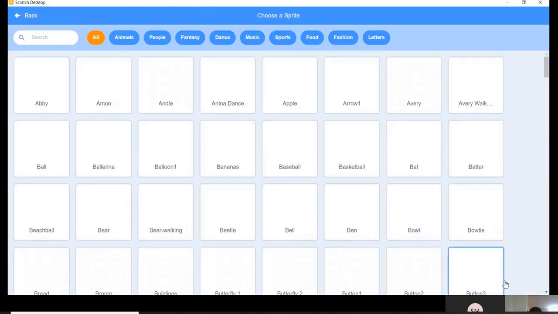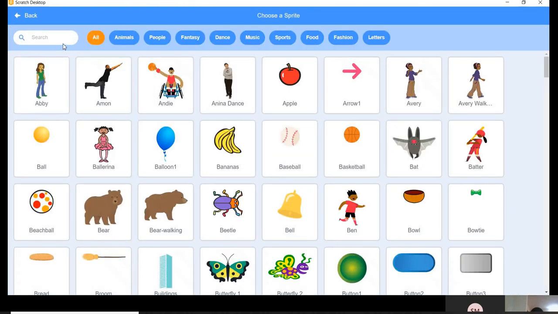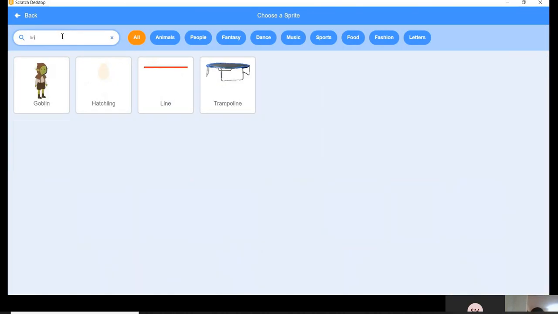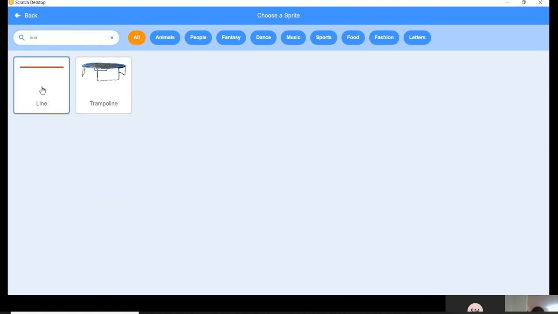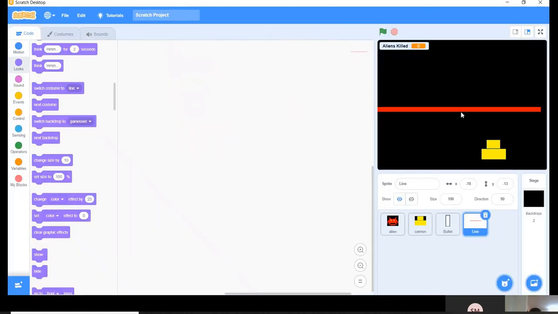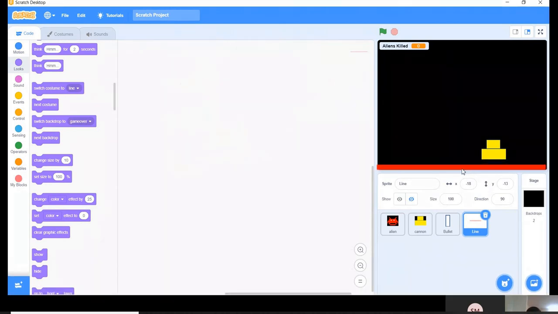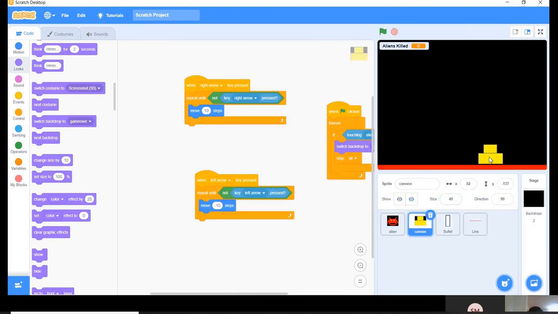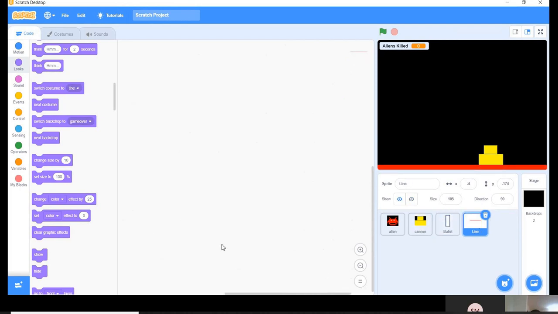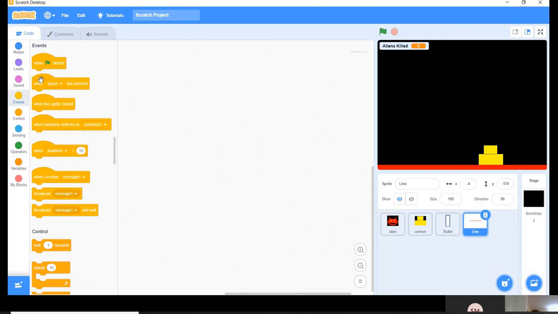Now let's add the sprite of the line. So we'll go to choose a sprite and search here for a line. So here is the line. And now when I click on the line, it will appear on my background. We'll place it here. And now let's start with the coding of the line. When green flag is clicked,